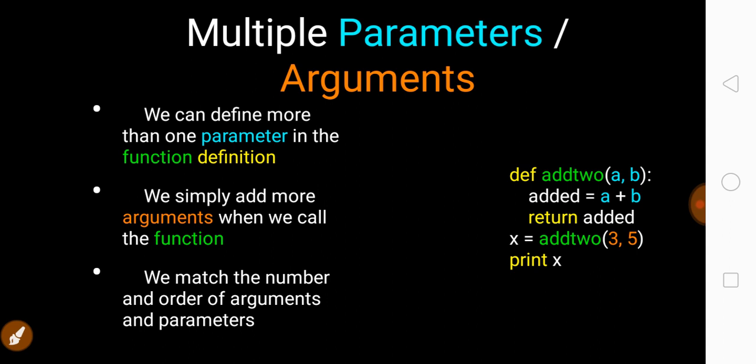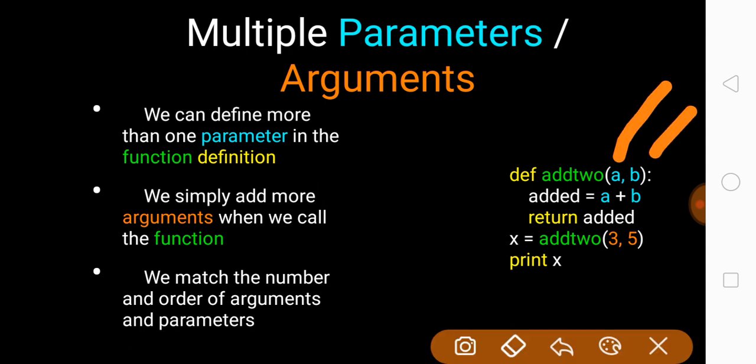So that is the multiple parameters or arguments of the function. Any function can have multiple parameters or arguments. That means a function may receive 1 parameter, 2 parameters, or any number of parameters, or it may receive nothing. Over here, as you see in this particular definition, I have used the function name add2, and there are 2 parameters, a and b. That means in order to call that particular function add2, we use 2 arguments, one for a, one for b.